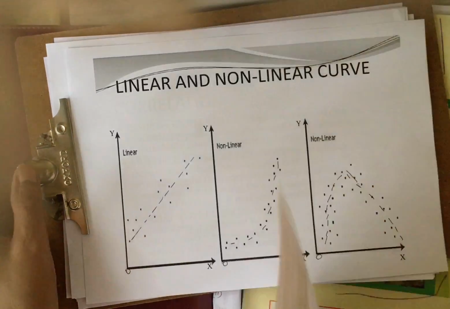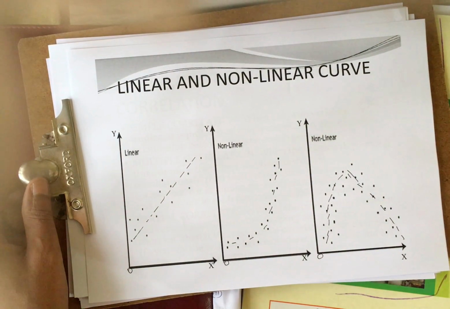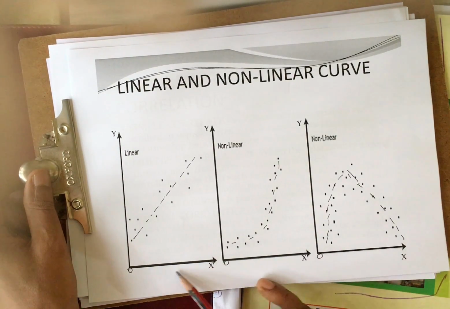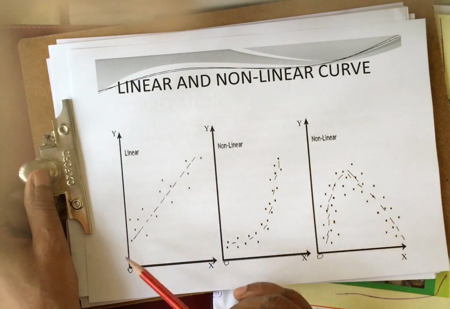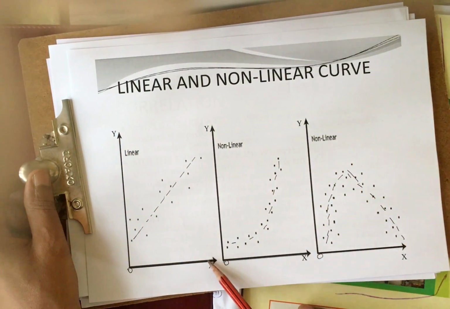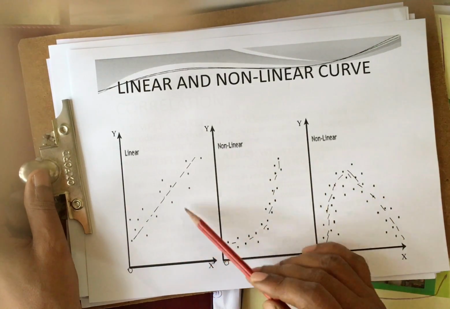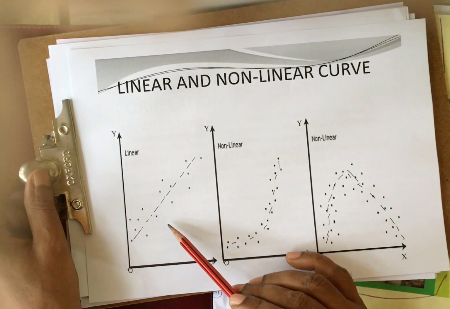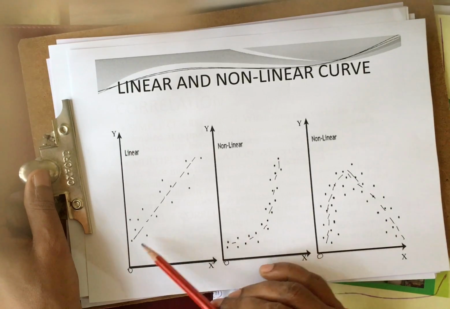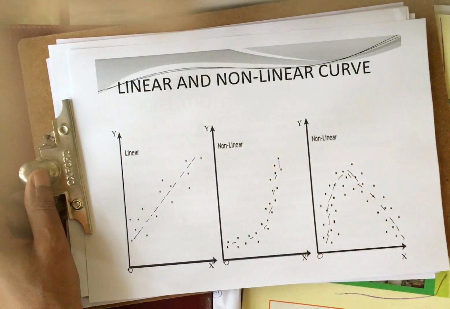Now, linear and non-linear in the form of a curve is also shown here in the same way. On the x-axis we can show the supply of a good and the price of a good. As the price of a good increases, the supply of the good increases, and if you draw a line, the points are almost close to that line. So that's why it may be called a high degree correlation, and the line is going up very straight, so it is called a linear correlation.